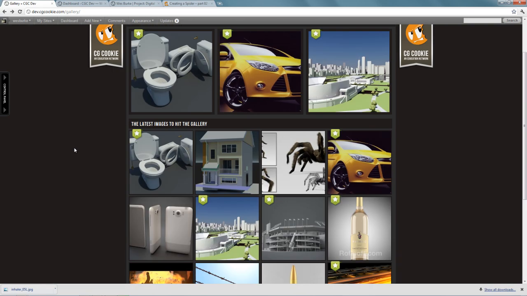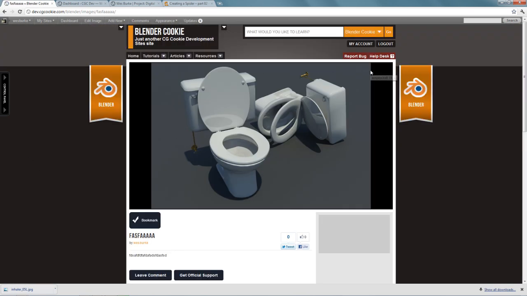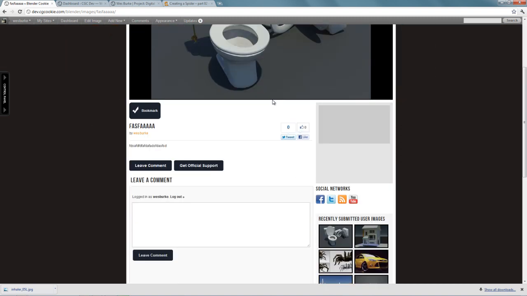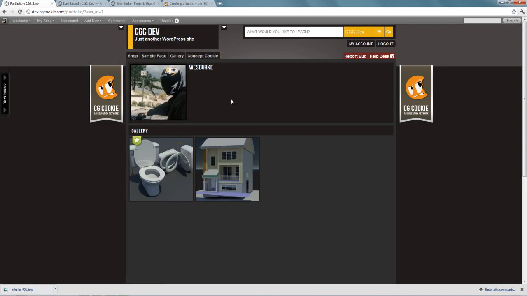So now if we go back, let's see if we can find my fancy toilets. So this is an image done by me. It was featured, and I believe my user is set up as a citizen user, so I wanted to show you what it looked like. So it basically just removes the sidebar. And again, pretty sparse, but we're going to be adding a bit more, just room to grow in these certain